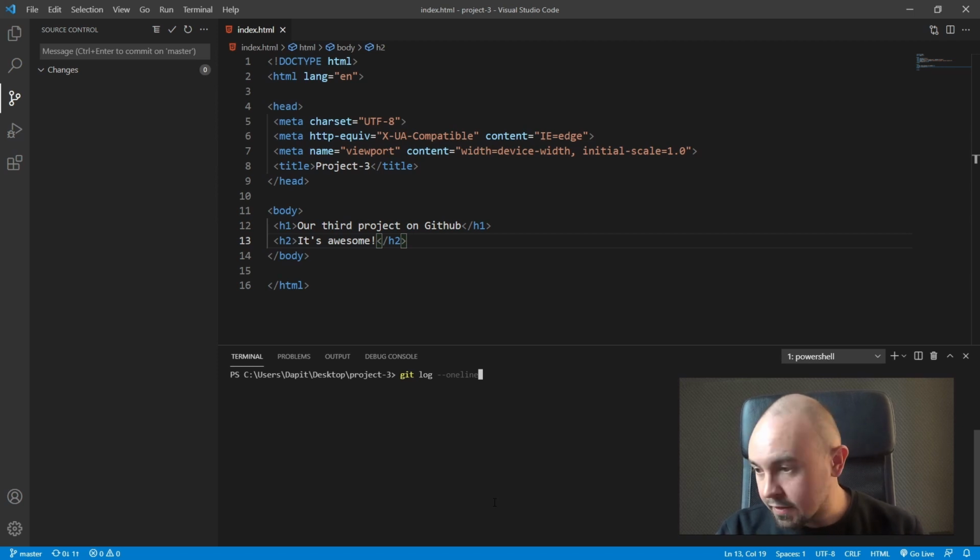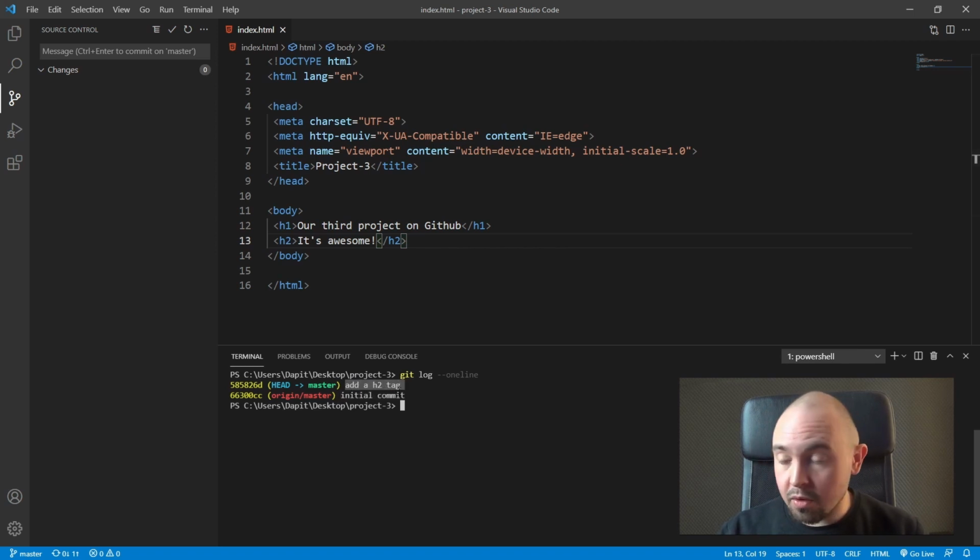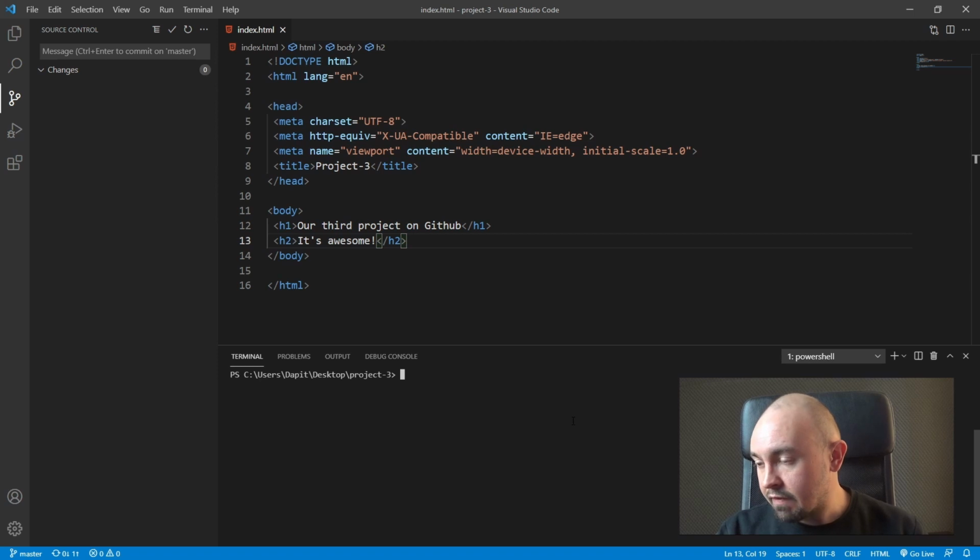Git log one line, if our commit is made. As we can see, we have initial commit. We have add a h2 tag with a typo, of course, but it doesn't matter for now. So let's clear our console once again. And now, as you remember,